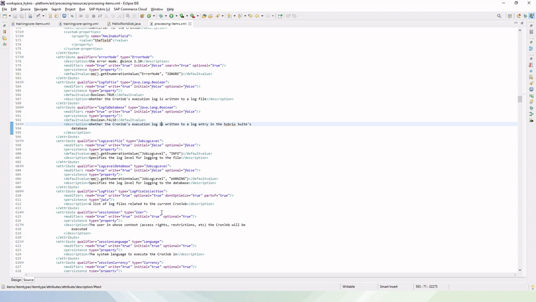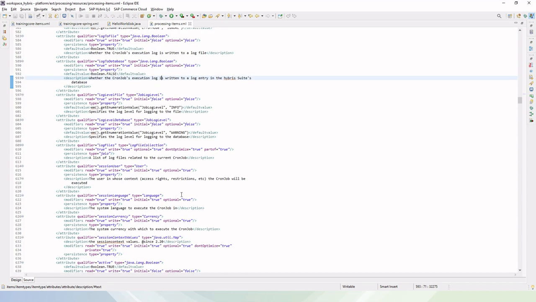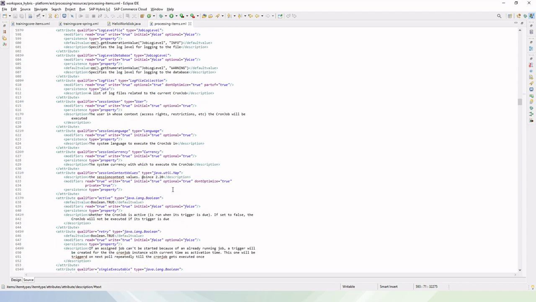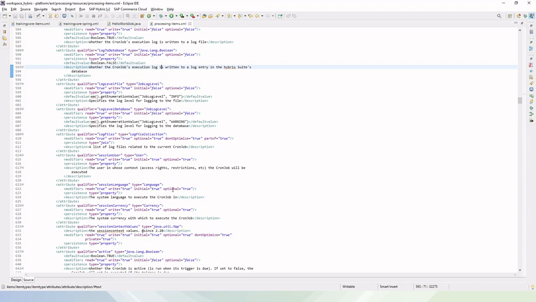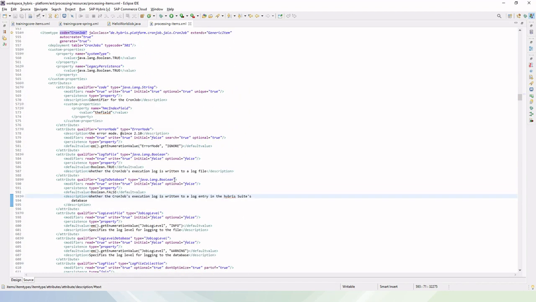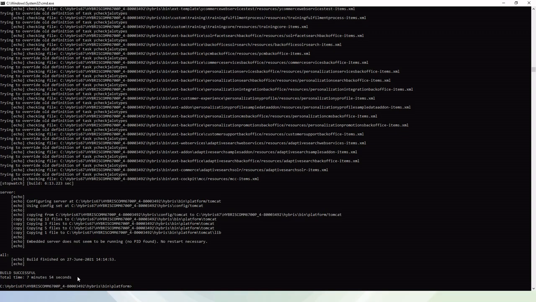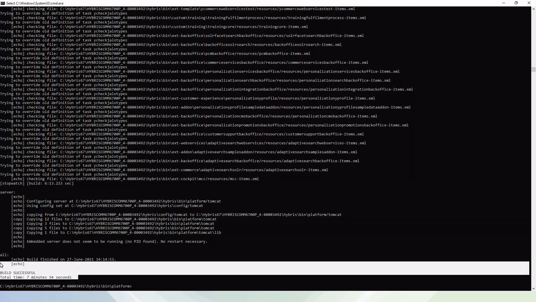For example, where we have defined optional is equal to false, that means those attributes are mandatory for this particular cron job. If you want to see more details, you can explore this area as well. You can go through this processing-items.xml item type and you will understand more about the cron job item type. So we can see that the build is now successful.